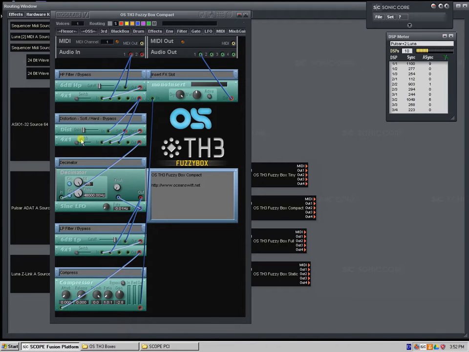So it's soft, and then option 2 is hard, and then option 3 is bypass, as shown here. And then it's going into... So again, we said here it's a kind of a linear signal flow, right? It's not a choice. It's going from one distortion to the next one. So it's going from this distortion into a decimator, which we kind of view as a distortion in a way. So it's going from the distortion into the decimator, and then you get a low pass filter, and then